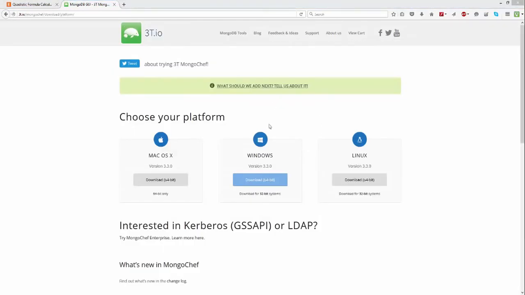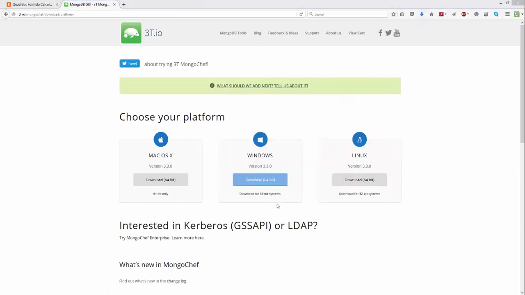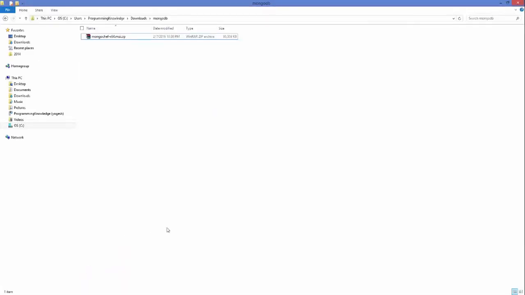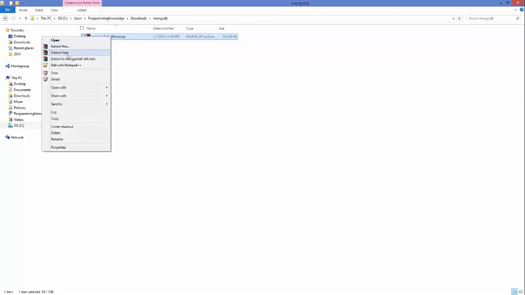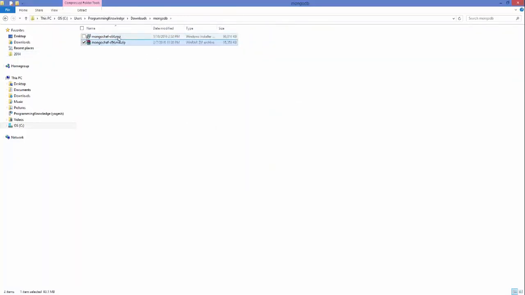Now after giving the information and clicking the download button, I can see all the downloads. I'm going to click download for Windows, and I'm going to save this zip file. Once this zip file is downloaded, just go to the location where it was downloaded. In my case, it's here, and you can just extract this file. Right click and then click extract here, and it's going to extract this MSI file from